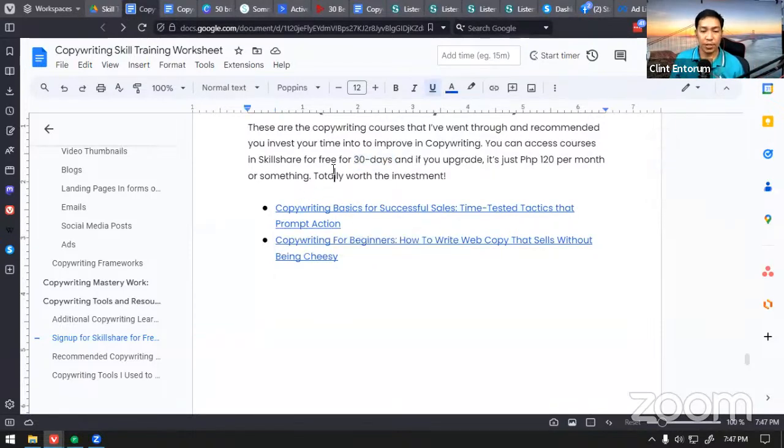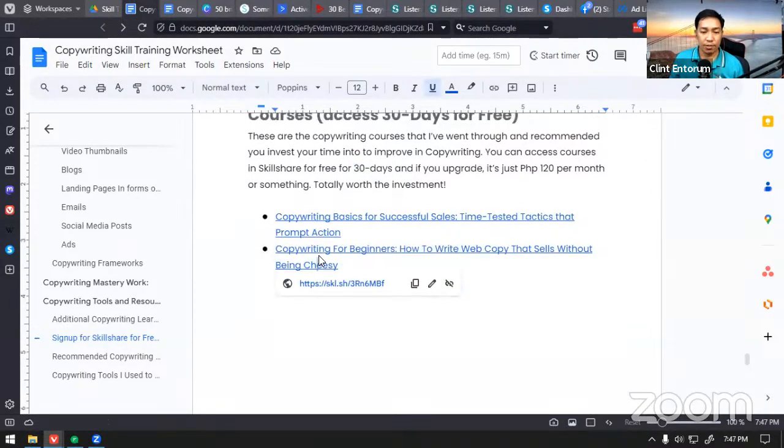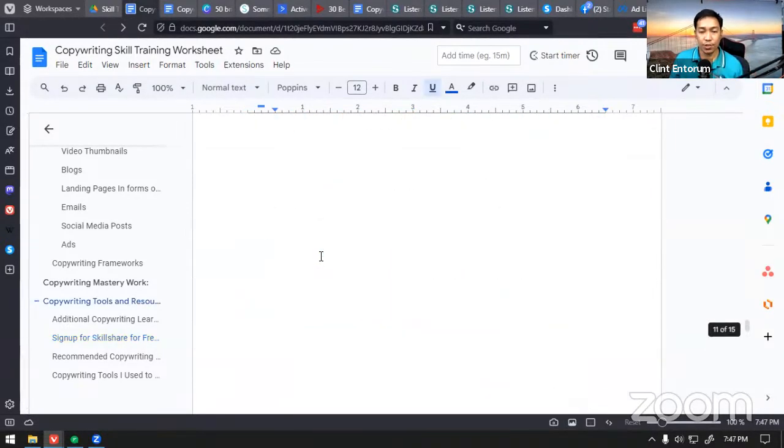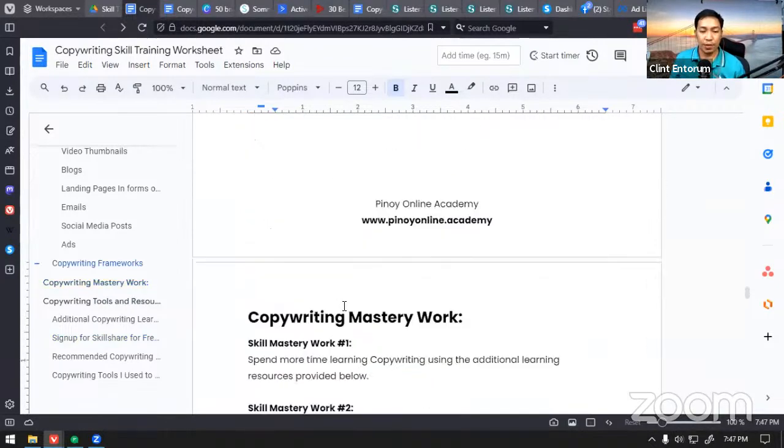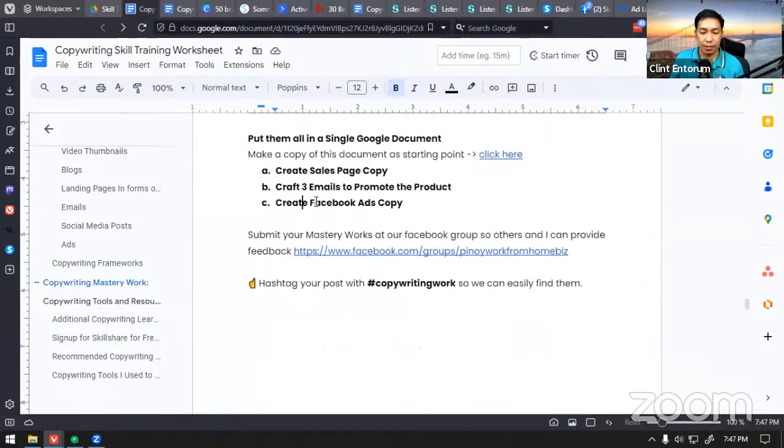You'll be able to finish this if you just properly manage your time. Once you learn this, that's a good foundation now. You will have a good foundation of copywriting, and from here on you have to implement this. You will have solid information about what sales page copy is, what email marketing is, as previously discussed, the types of emails. So you will learn more about this.